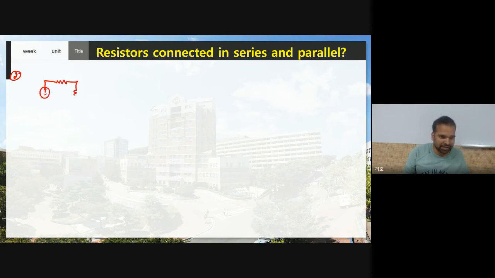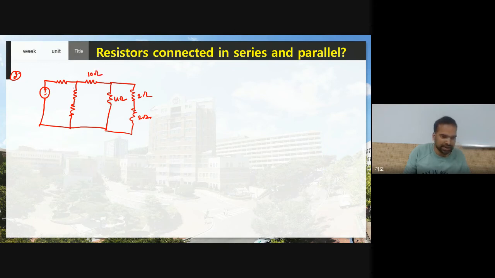We have various resistors connected in the circuit. Here we have two more resistors. This is 2 ohm, and here we have a 2 ohm resistor, and this is 4 ohm. Here we have 10 ohm resistors, and here this is 4 ohm, and this is an 8 ohm resistor, and this is 4 ohm, and this is 5 volts. Now you need to find the total current flowing in this circuit.